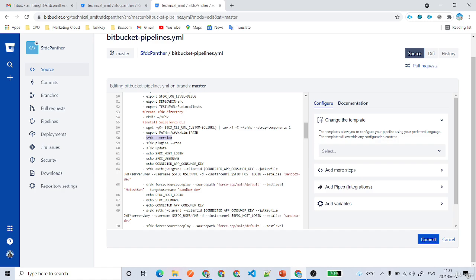Then whatever SFDX version we are running, SFDX plugin core, we are running SFDX update. Then we are echoing our variables like SFDX host login, then we have got SFDX username, then we have got SFDX consumer key. And this is the similar command that you already have seen for connecting Salesforce with the help of